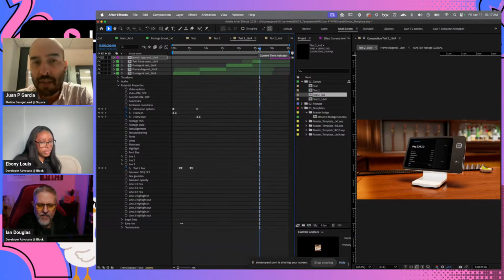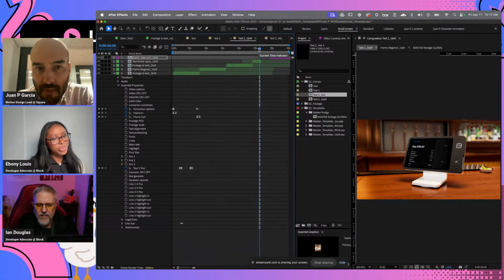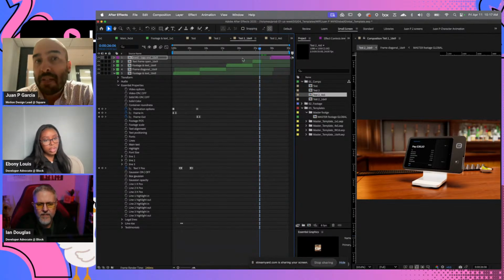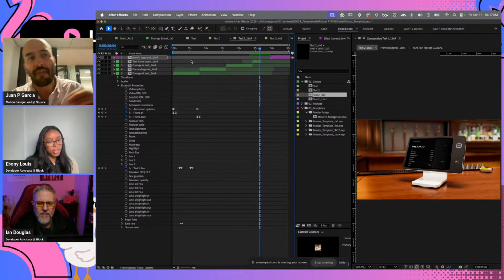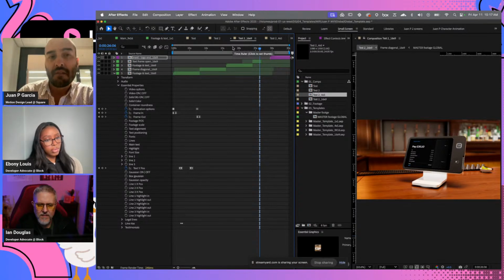Does that happen often? It depends on the template, because each template has different layers, and if one template doesn't have that layer, then it will leave a gap. If it does, then it will leave it as it is.